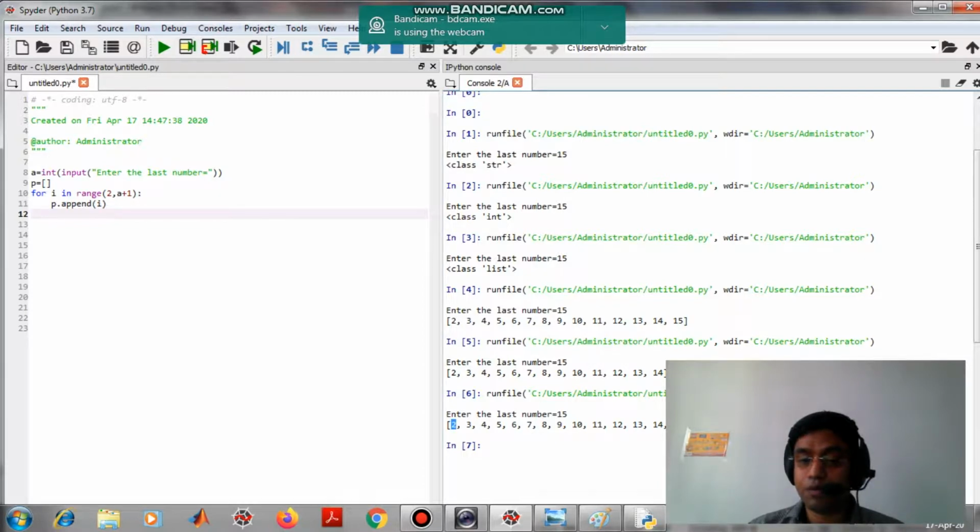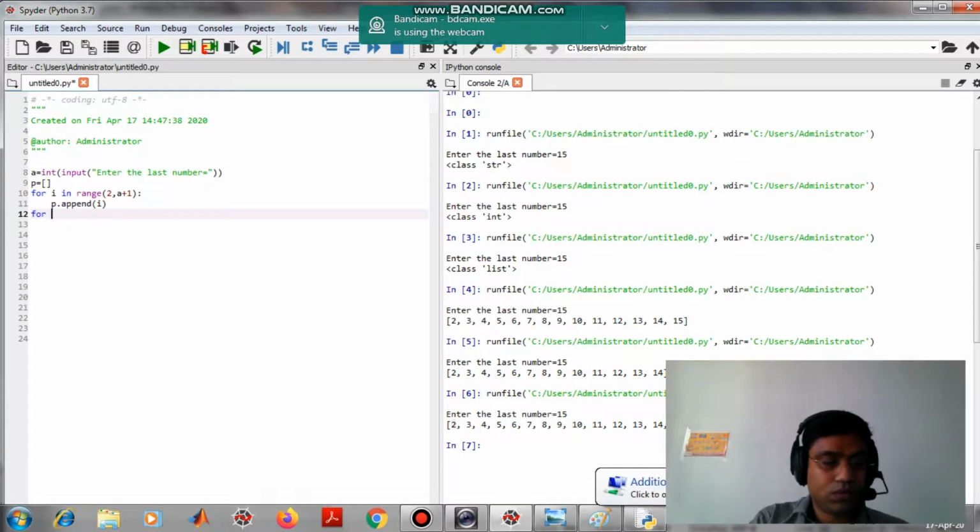Then for the next number 3, the next number 4, if the number is available. So we have to write the program for this part. How can we do it? Since we have to repeat this task up to 15, we have a certain number of iterations, so we will use a for loop here.